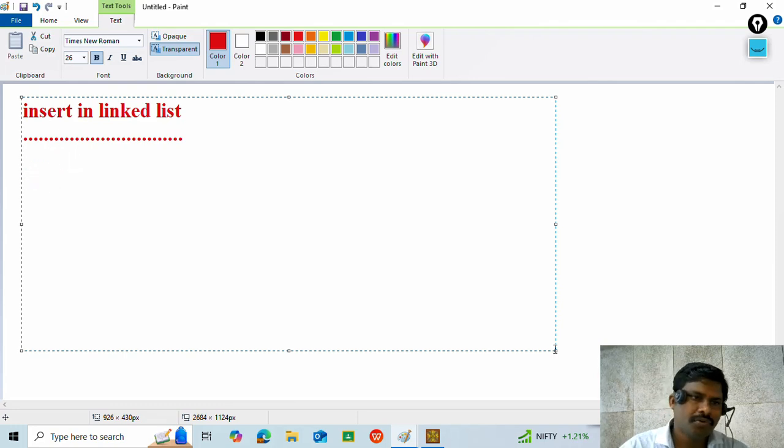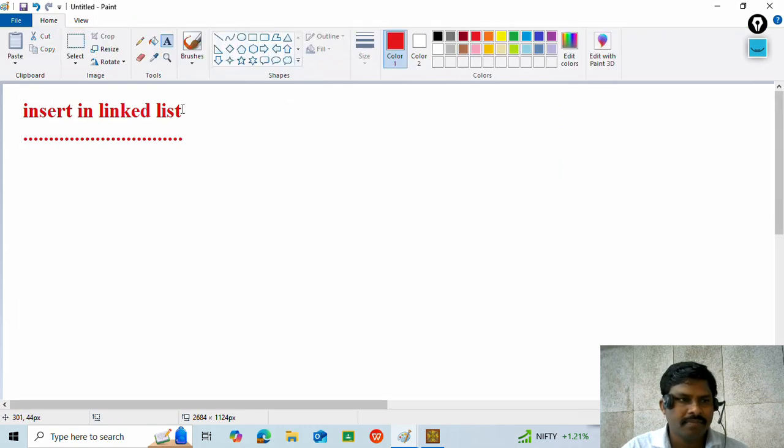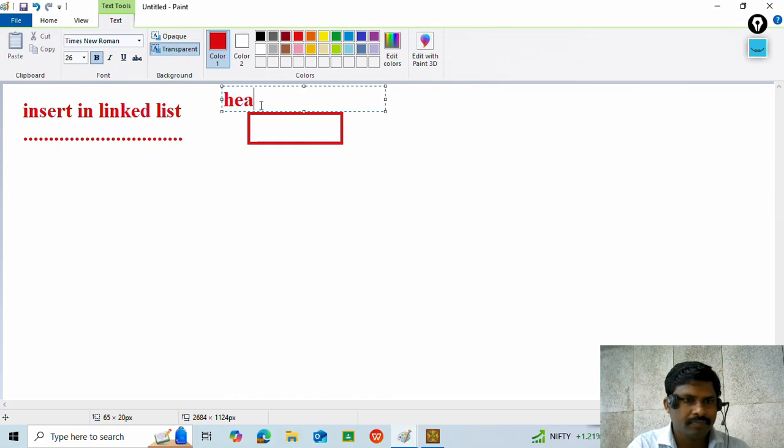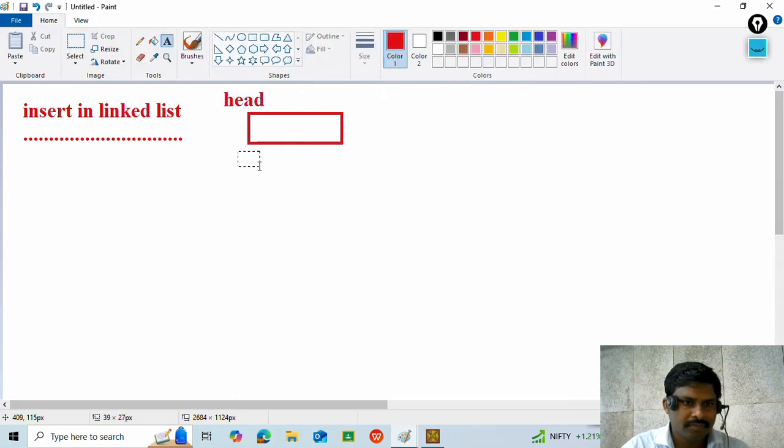Now we have to learn how to insert in a linked list. Here the starting head value may be null. Some address, so initial head value is null,